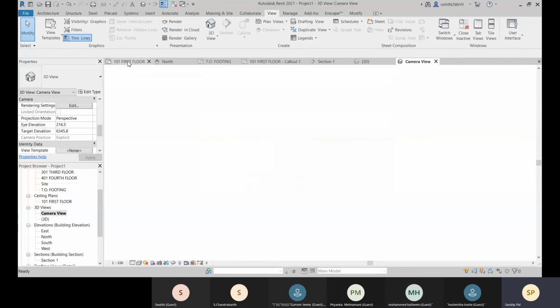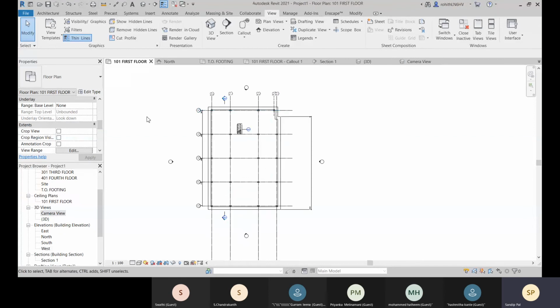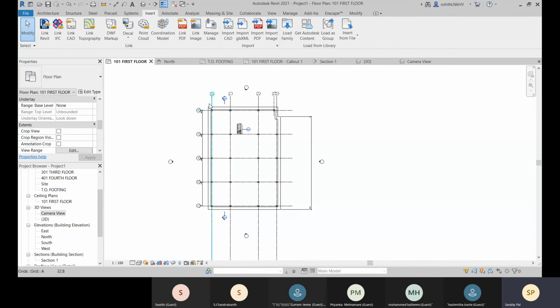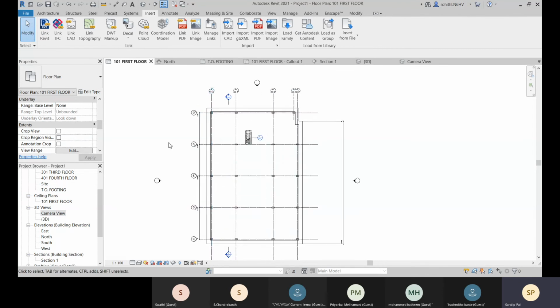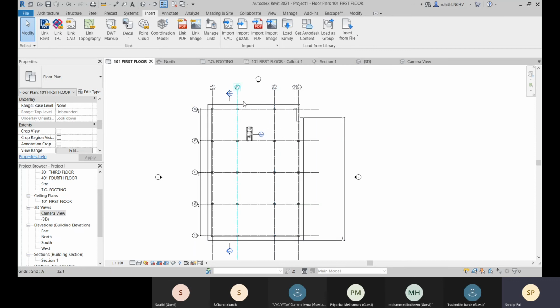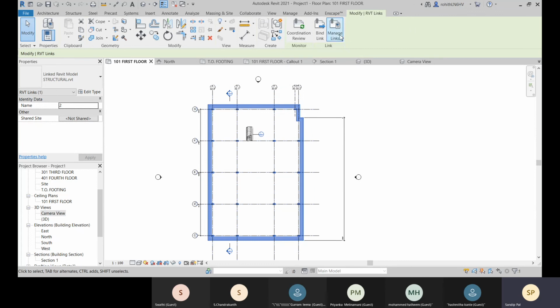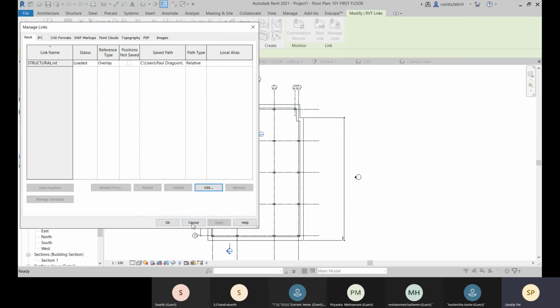So today we have learned about copy monitor. After inserting one Revit file, we copied the datum elements over there, and they are generally monitored in the default condition, and you can uncheck and stop monitoring. That depends upon your requirement, and after completing your copying task, you can remove this file from the manage links option.